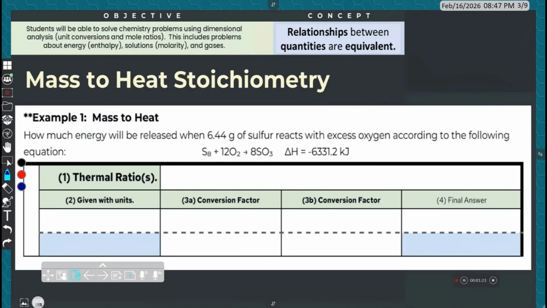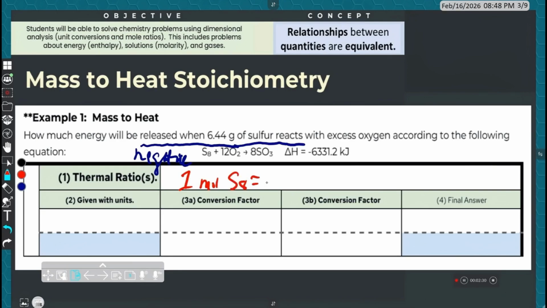So in this example problem, it reads, how much energy will be released, keyword right there, when 6.44 grams of sulfur react with excess oxygen with the following equation. So here are all the keywords that we need. Because this is released, this is negative delta H, so we expect the answer to be negative. And then we're starting with grams of sulfur. That means 1 mole of sulfur,